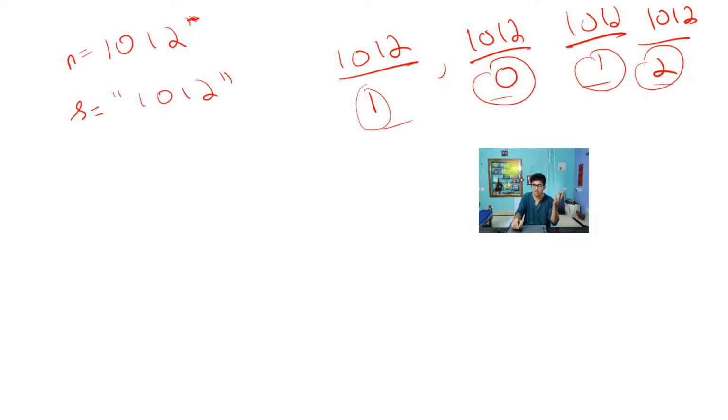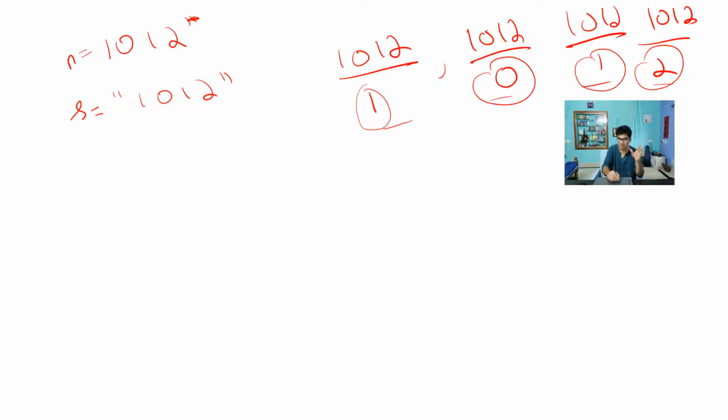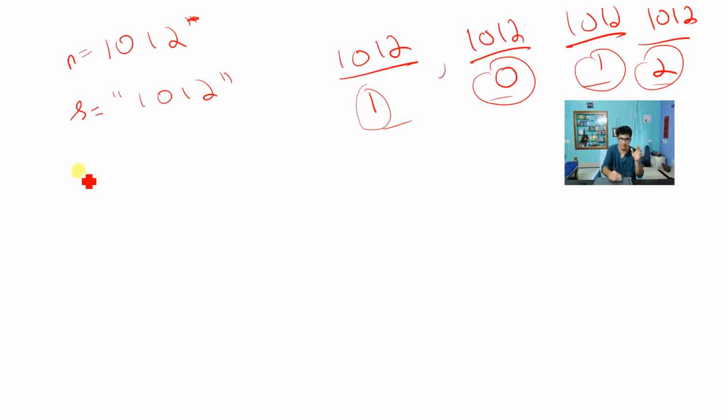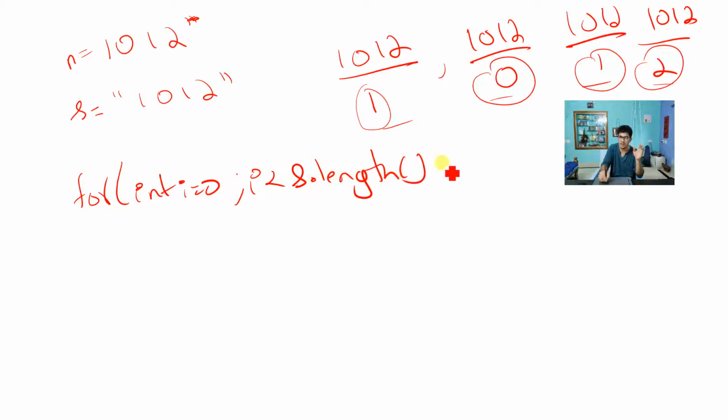Once you have converted, what do you have to do? You have to take the character out. So I'll write a for loop now. In the for loop, int i should start from 0, i is less than s dot length, i plus plus. Okay. So what should happen here? Watch here. I have to first check if, right?